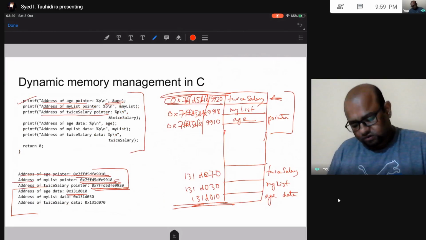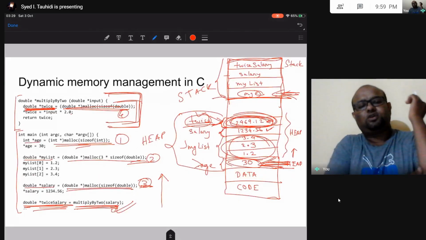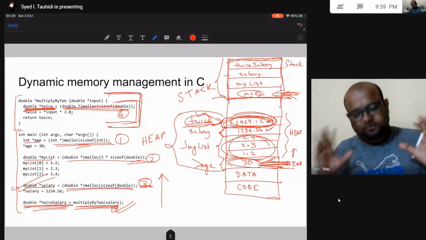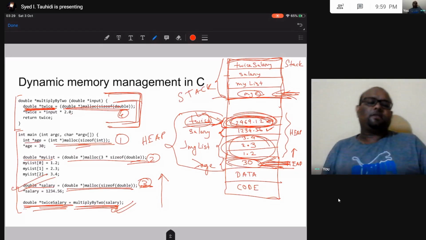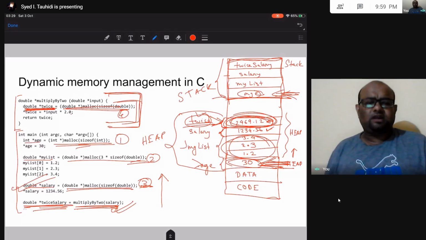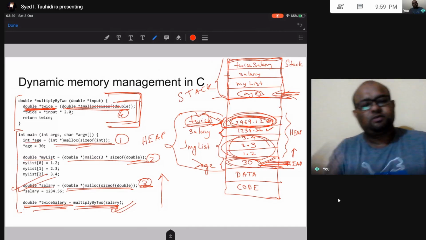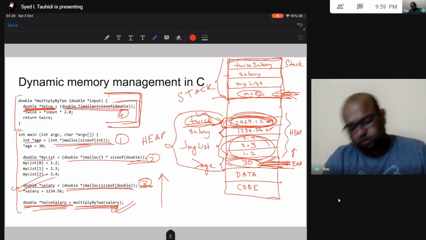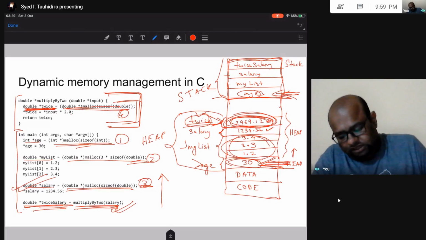So you print this in your program and see for yourself. Try to first imagine what the expected address might be, not the exact one. If you can predict the exact one, you should, but even if not exact, just make a guess of where it is going to be.